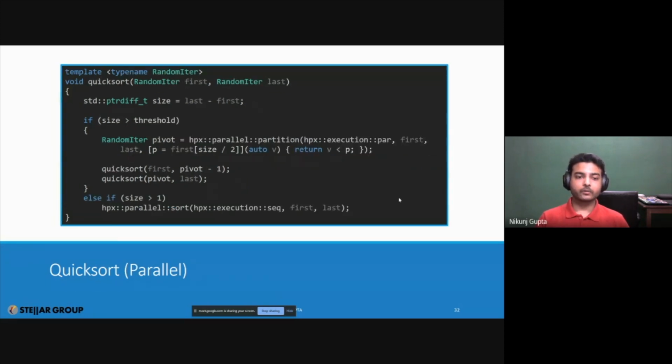So how do we go from serial to parallel? We have seen C++17 parallel algorithms, and from there we know that you can make things parallel if we have the execution policy par in there. So if you want to do things in parallel, first thing is that you will use the par execution policy.